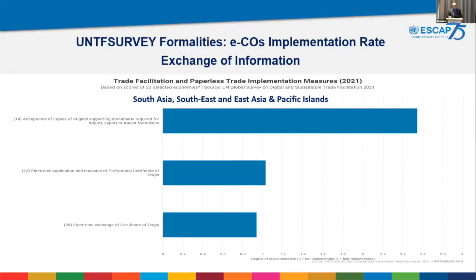We identified that there are 22 electronic applications and issuances of preferential certificates within these 33 countries in these subregions, and there are 28 electronic exchanges of information